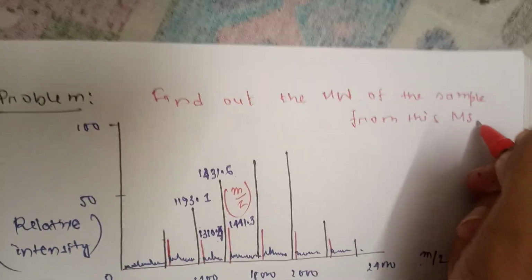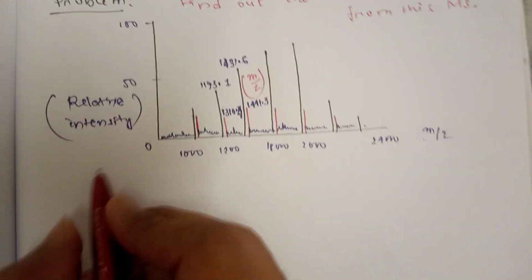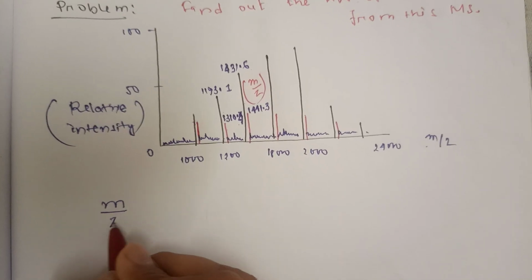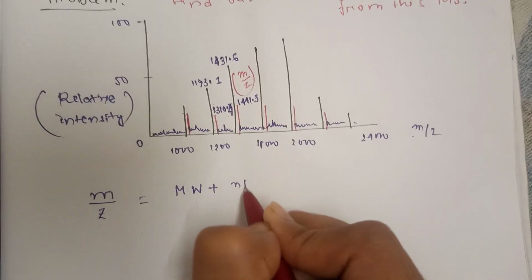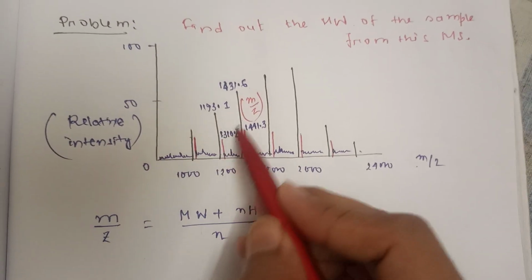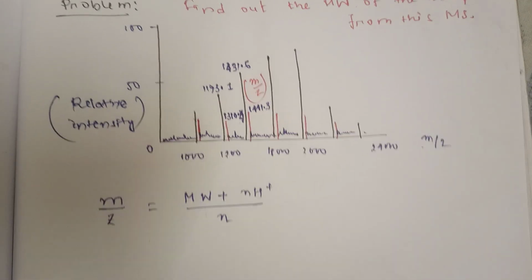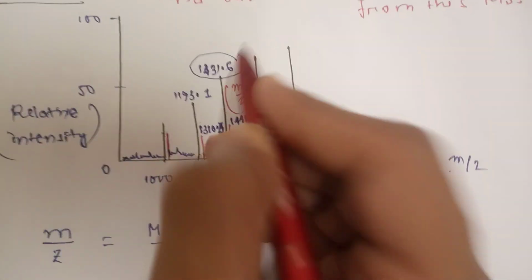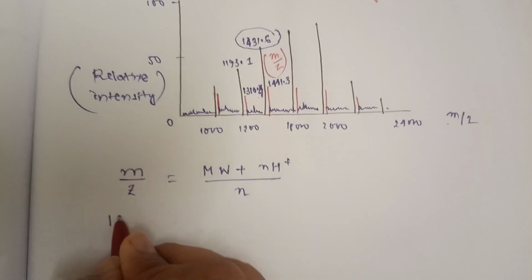So now what we have to do, remember I have told the formula: m/z equals (MW plus nH+) by n, and any two adjacent peaks will differ by one charge. So let's say I am taking this value, 1431.6. This is the m/z value, so we can write